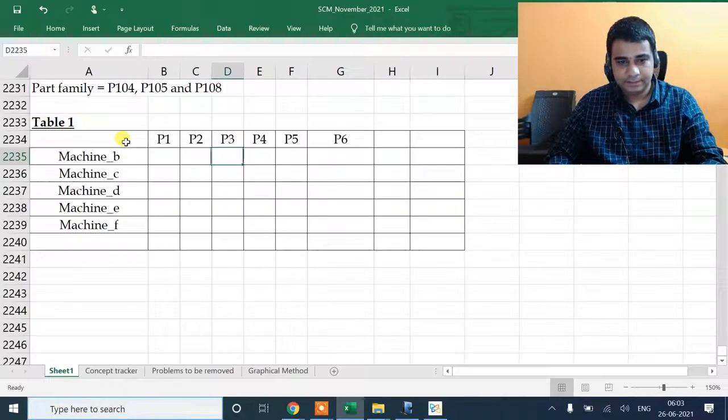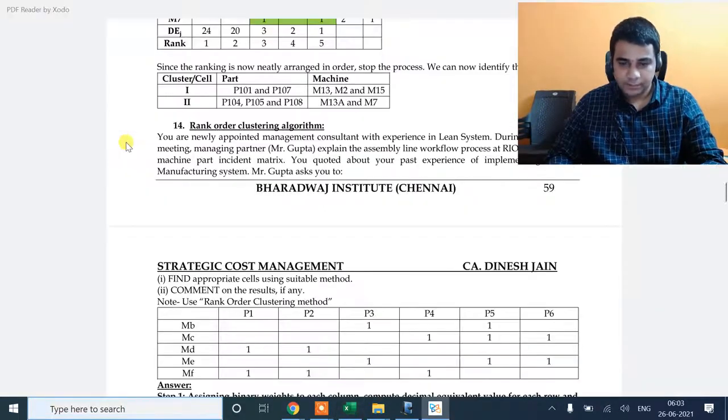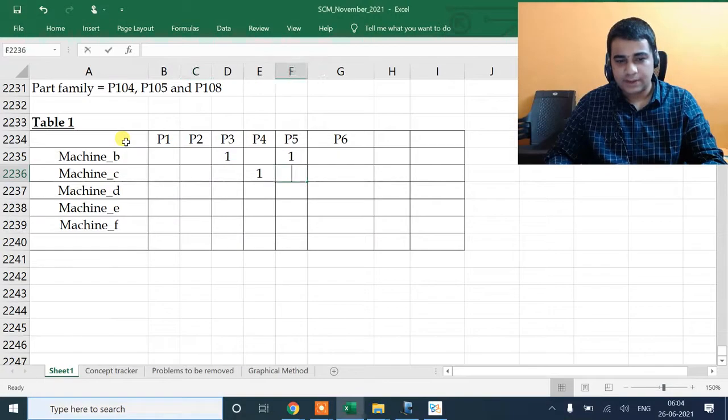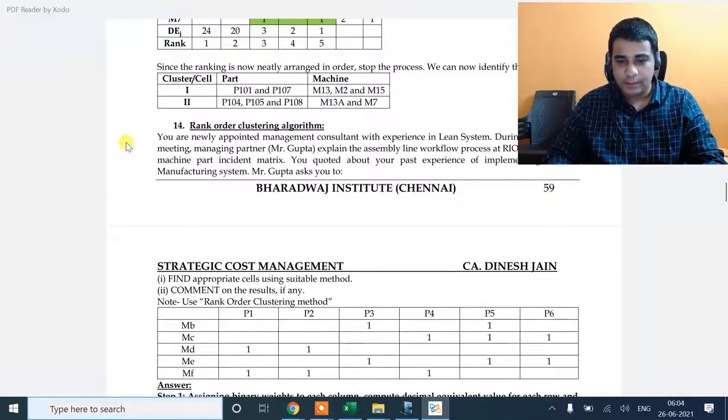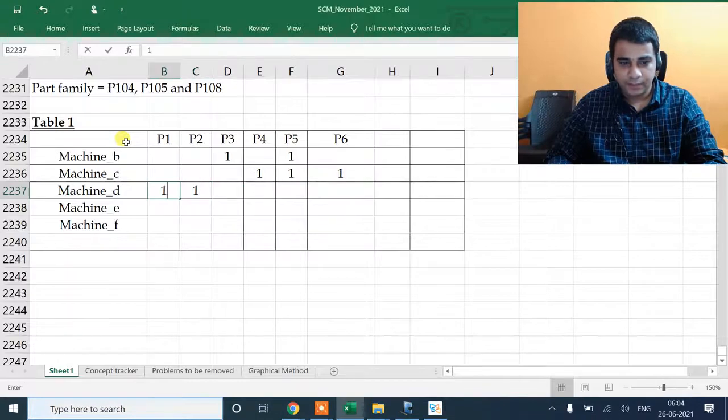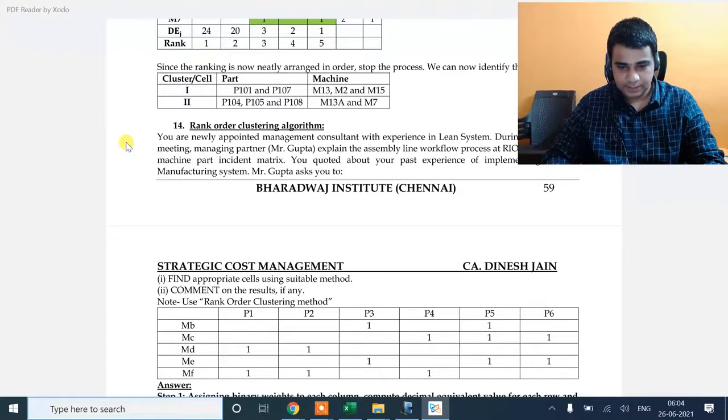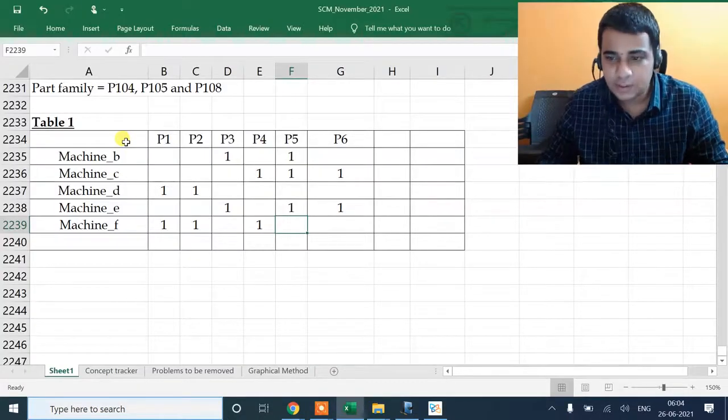Six products are there. More and more products, more and more machines, the complexity increases. It becomes more and more difficult to create that proper flow. I think this is the order. The initial matrix has to be perfect. You cannot make an error when you're copying it. Sorry, I missed this. I think this is how the matrix looked initially.